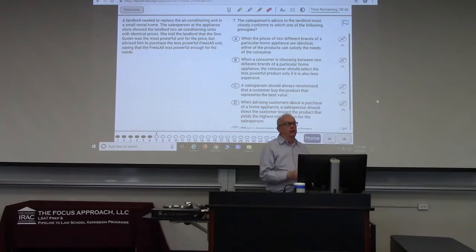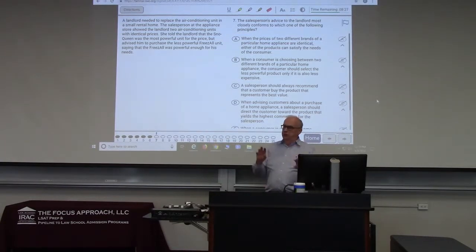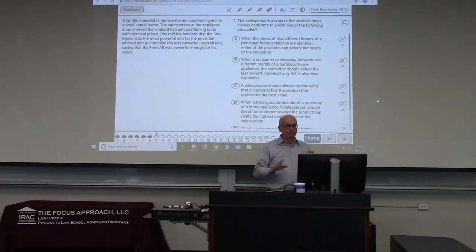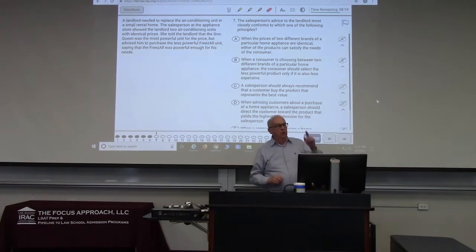A landlord needed to replace the air conditioning unit in a small rental home. Air conditioning unit, small rental home. The salesperson at the appliance store showed the landlord 2 air conditioning units with identical prices. So the air conditioning unit is the example, and appliance would be a broader term for air conditioning unit. Okay. So here have identical prices. She